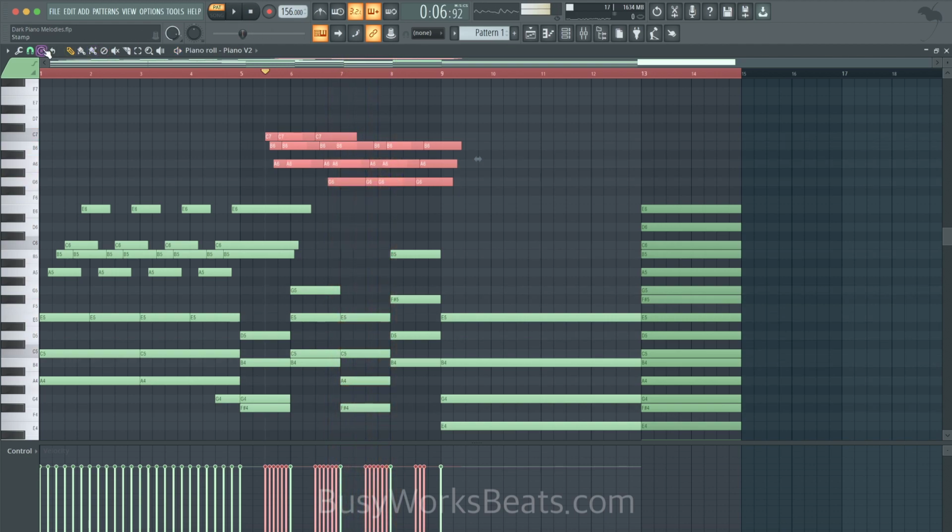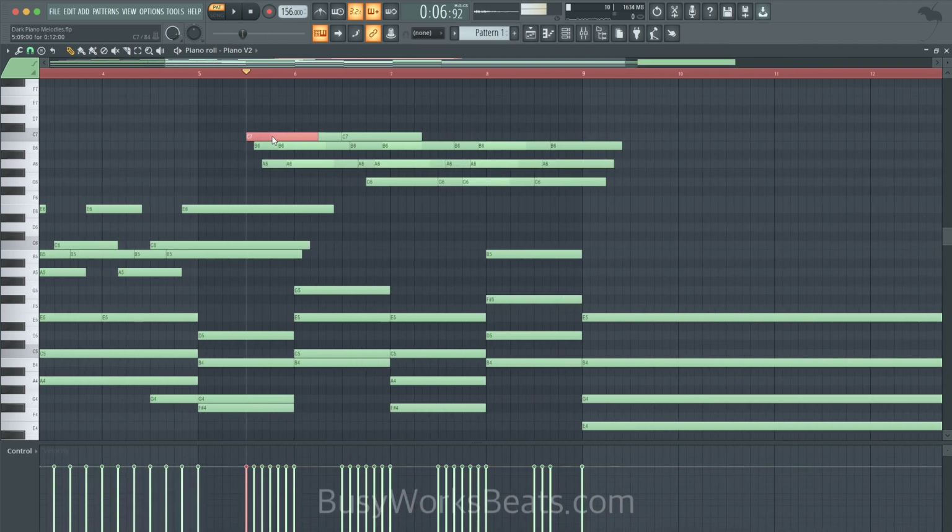I wish there was like a no overlap button. But when notes overlap in FL, you just got to make sure. So you can grab all these notes, hit Alt L, make sure only with selection is on, hit accept. And you could just hit Control on the whole key and do that if you want. It's a lot quicker. And that way the notes don't overlap, because if they overlap, sometimes FL mutes the note.